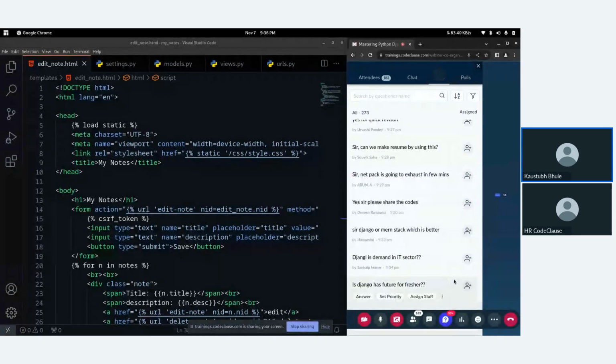Listen, you cannot rely on a single technology for getting a job or for the future, because we don't know what will happen in the upcoming few years. The technology which you are currently using will get outdated and new tech will come, right? So you cannot rely on a single technology. Just learn how to create a web application as a skill, so you have more knowledge about how a web application works, what APIs are, and all that stuff.